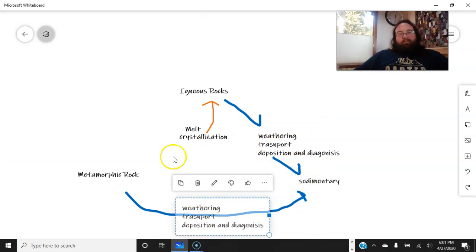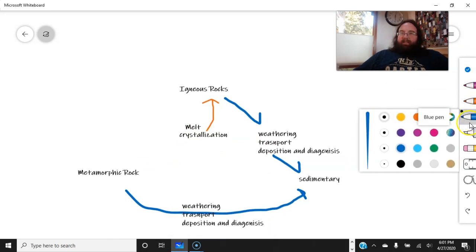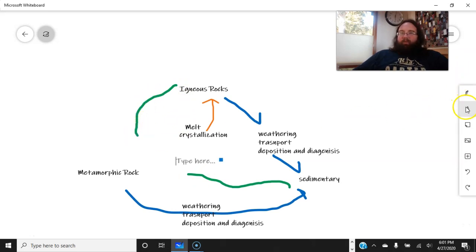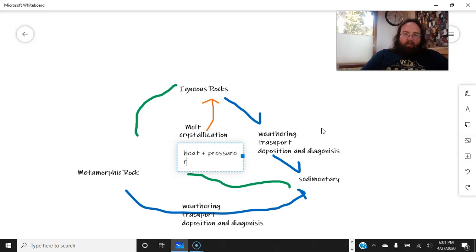Now the final class of rock is metamorphic rock. Just like the others, all metamorphic rocks start out as something else. They start out as either sedimentary rocks or igneous rocks. And we're going to call these rocks they start out as parent rocks, for reasons that will become apparent very shortly. And what happens to the parent rock is it undergoes heat plus pressure, and you get